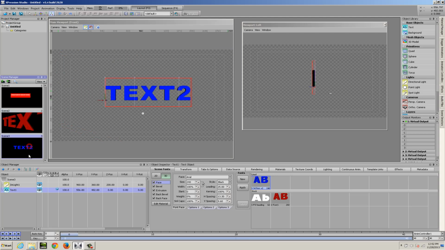All right. So that has been creating fonts 101, so to speak. Some pretty basic stuff, but pretty important lessons to be learned here. For one, the global fonts, making sure you keep track of your fonts, making sure you name them to stay organized inside your project, creating 3D and 2D fonts, adjusting your size, width, etc. So stay tuned for more tutorials, and we'll be exploring some more advanced techniques with text in later lessons.